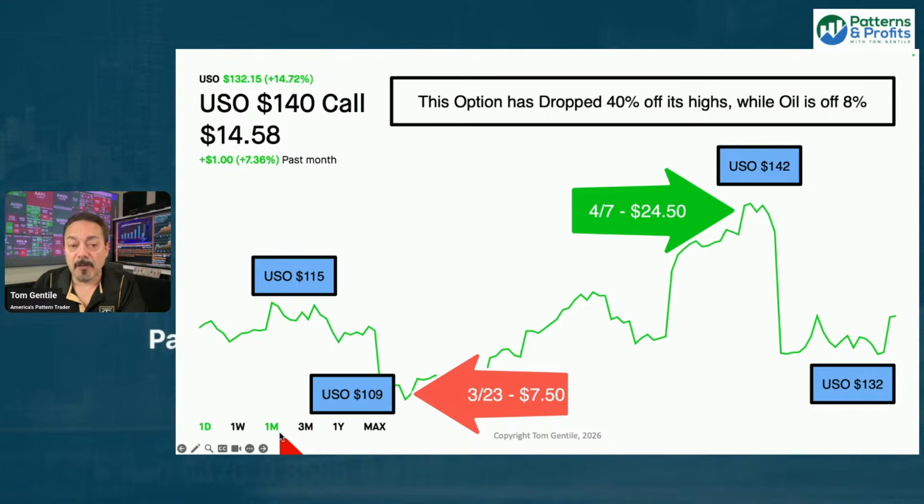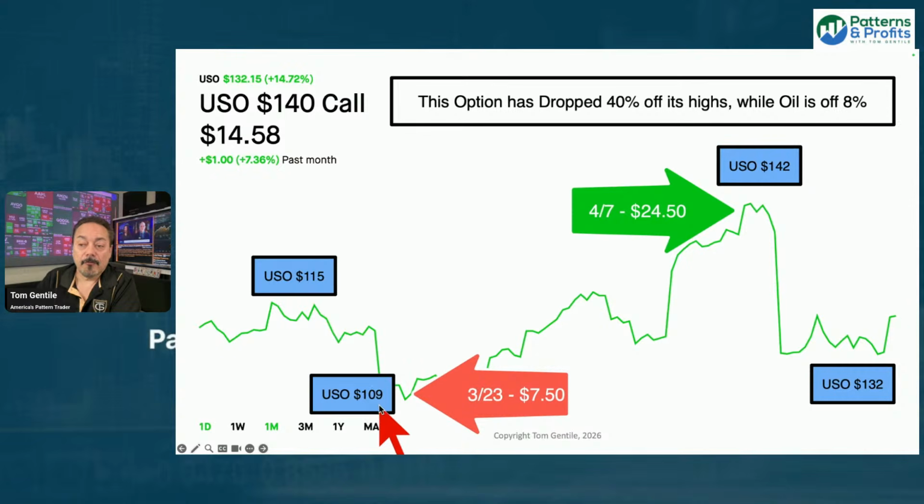I brought up the last month because what's happened to USO in the last month? In the last month, USO has gone from, again, it crushed through 100, got to 140, came back to under 120-ish, 118. Now it's back up into the 130s again. Look at that 140 call. Let's take it back through time here for a moment. So if you go back a month ago, USO was trading around 115, right? At the time, the 140 call was trading at around 14 and a half, right?